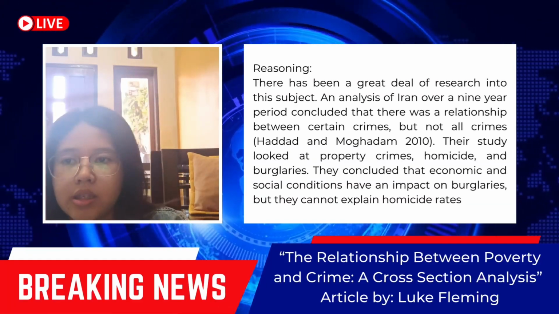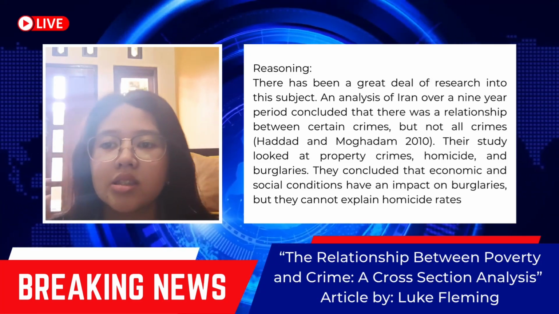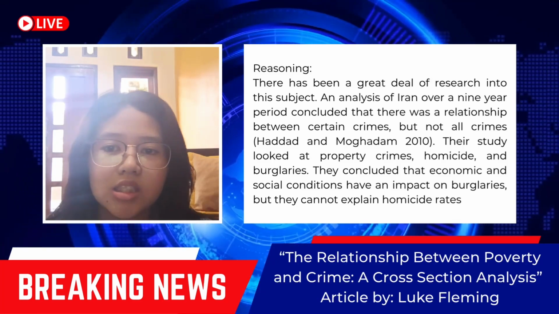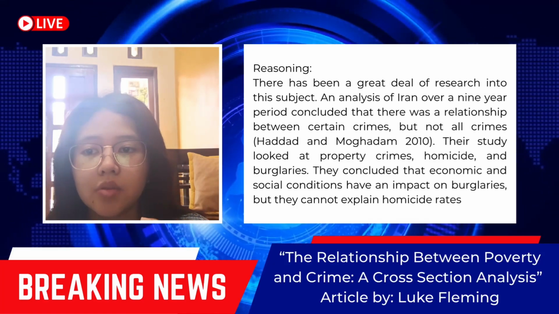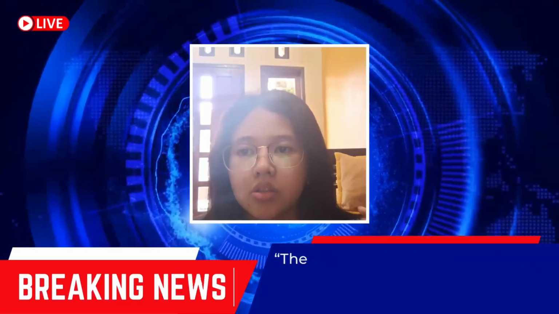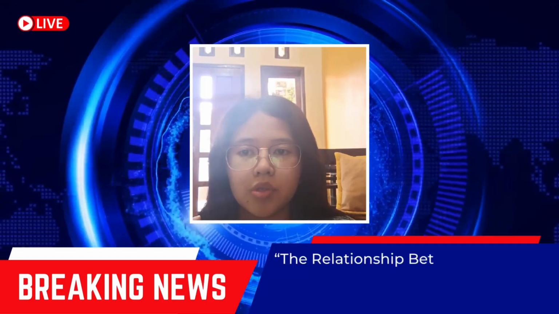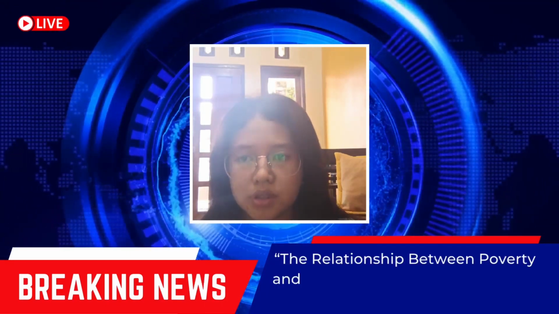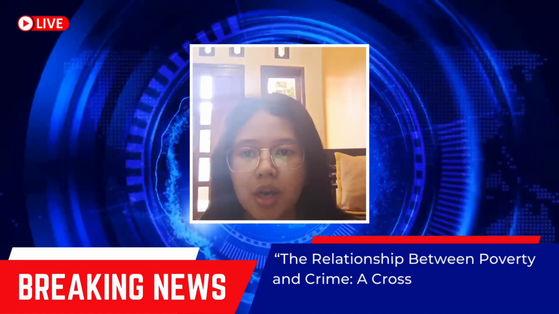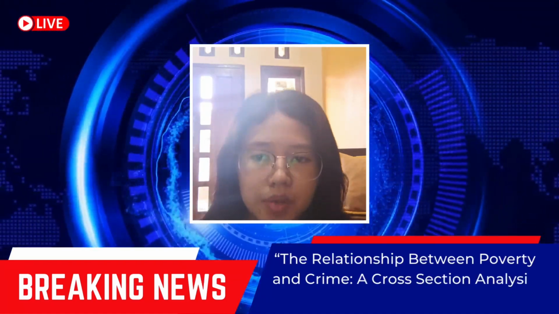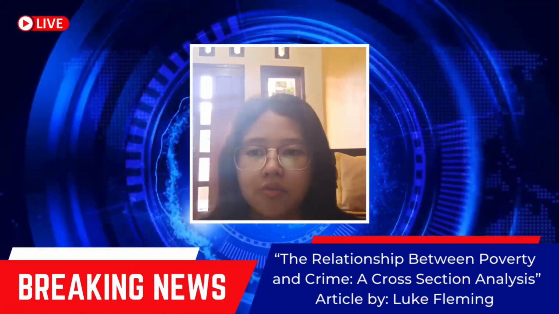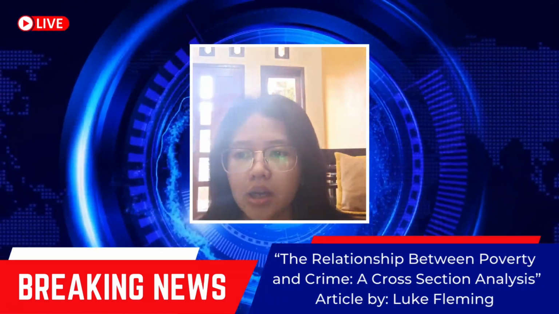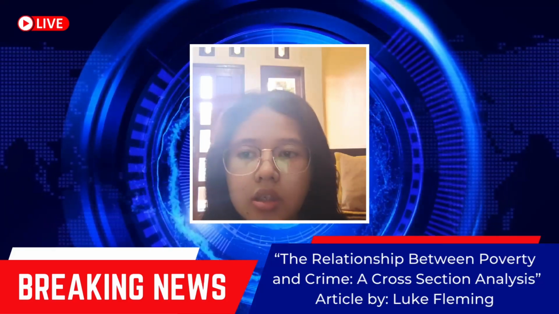Move on to the reasoning. This is an important study because it shows that a relationship exists between poverty and crime in a developing nation. In conclusion, there exist connections between specific kinds of crimes and poverty. All three categories of crime have a positive relationship with income disparity. Every one of the three categories of crime ought to decline when wealth is dispersed more fairly.